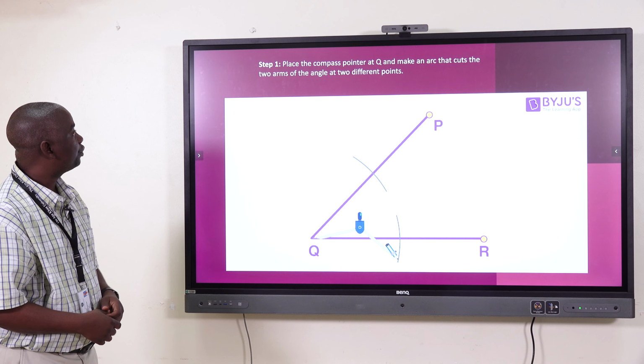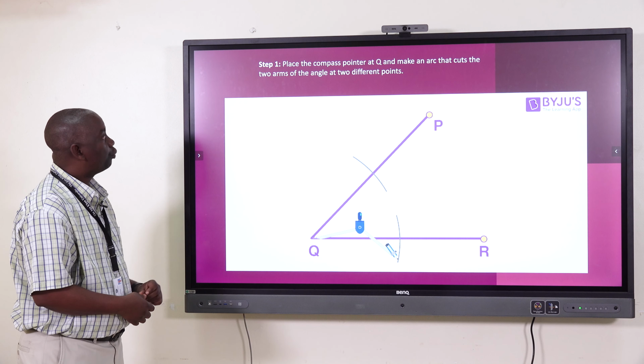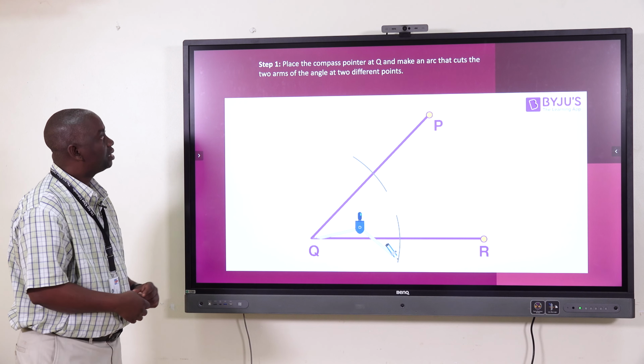So the first step here is to place the compass pointer at Q and make an arc that cuts the two arms of the angle at two different points. So our arc is this one here, and the other arc is this one here. Then our second step: you have to point where the first arc cuts QP, that is the point here, and then